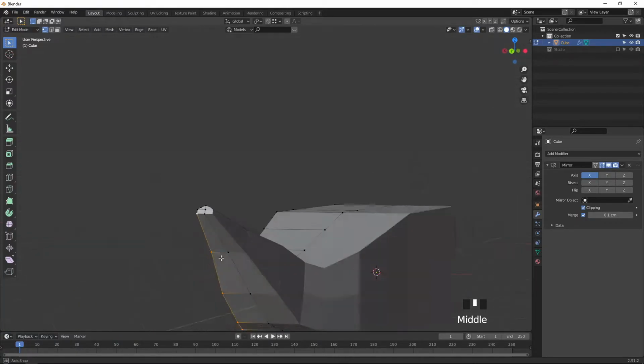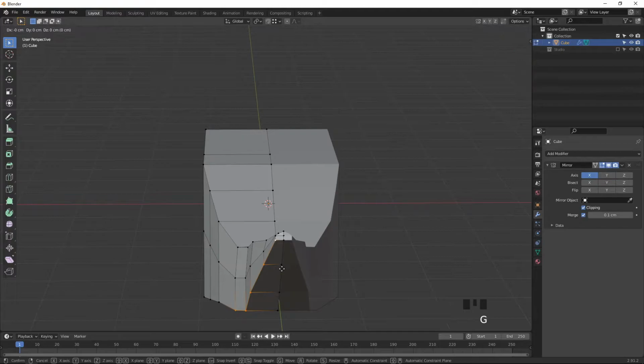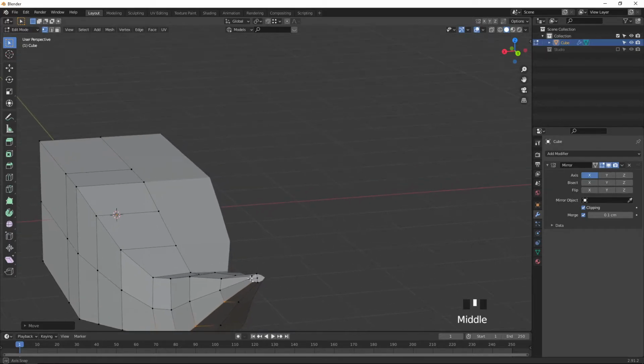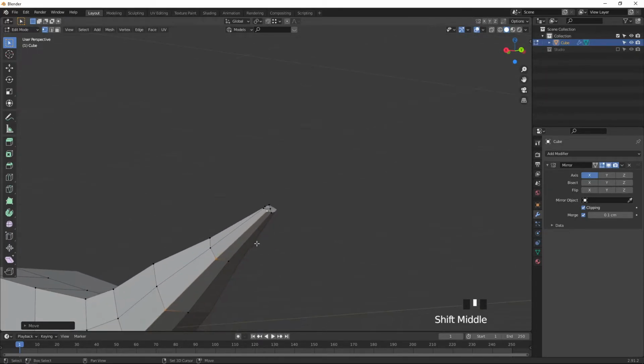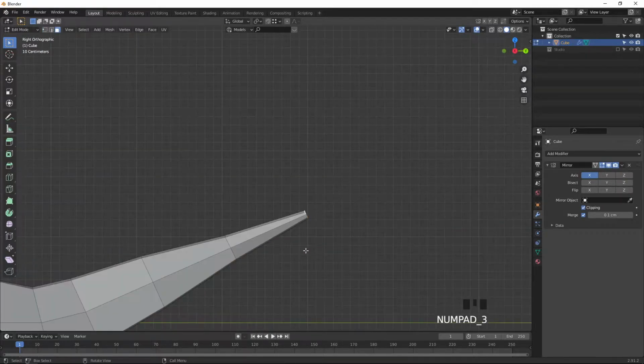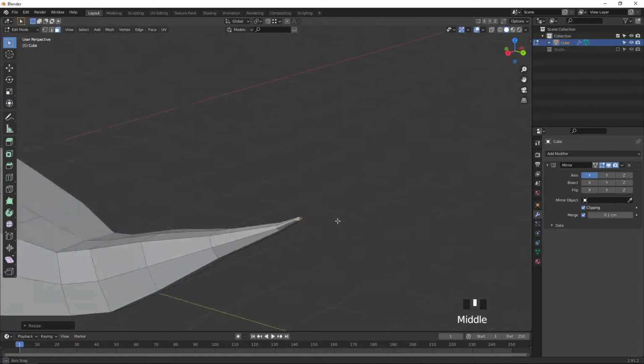Using the middle mouse you can rotate the angle, press G and move tightly down like this to create one round effect, and press 3 on the keyboard, press E to extrude, scale it more down.